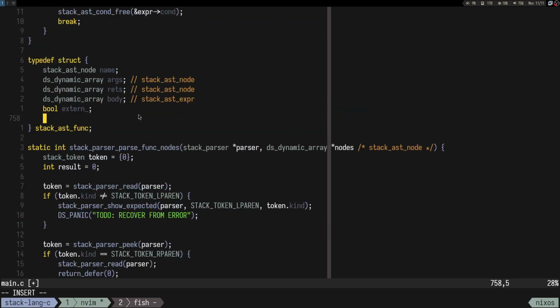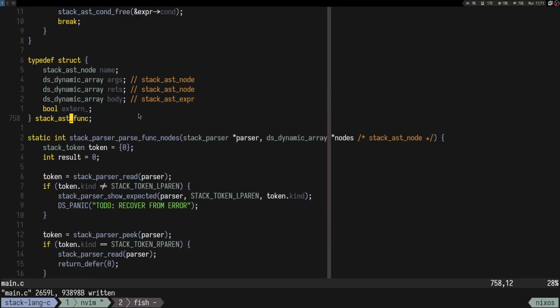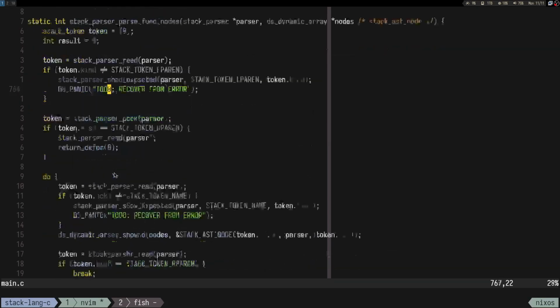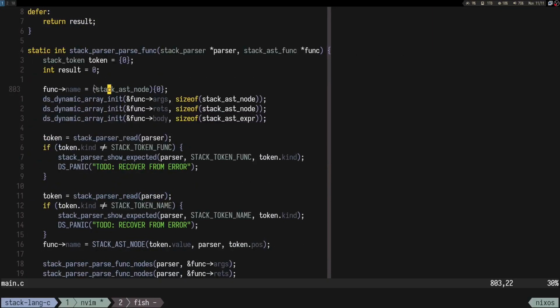So you can have stuff like memory int, like it's basically an int pointer, but we'll see. So for functions, we initialize some arrays,